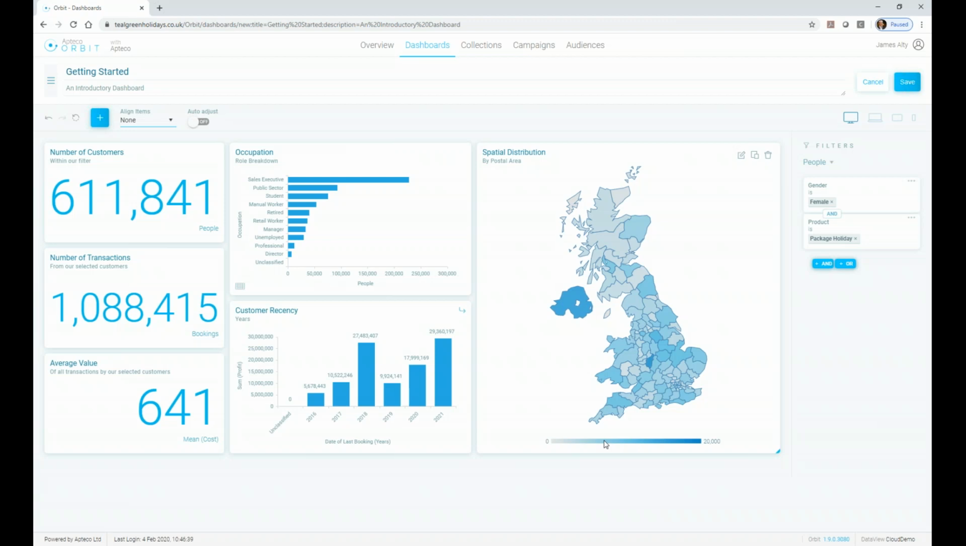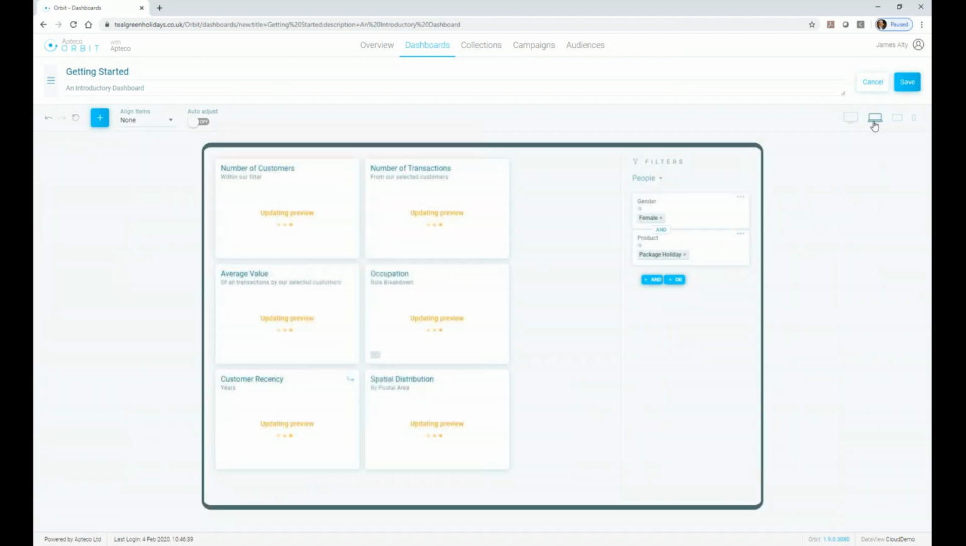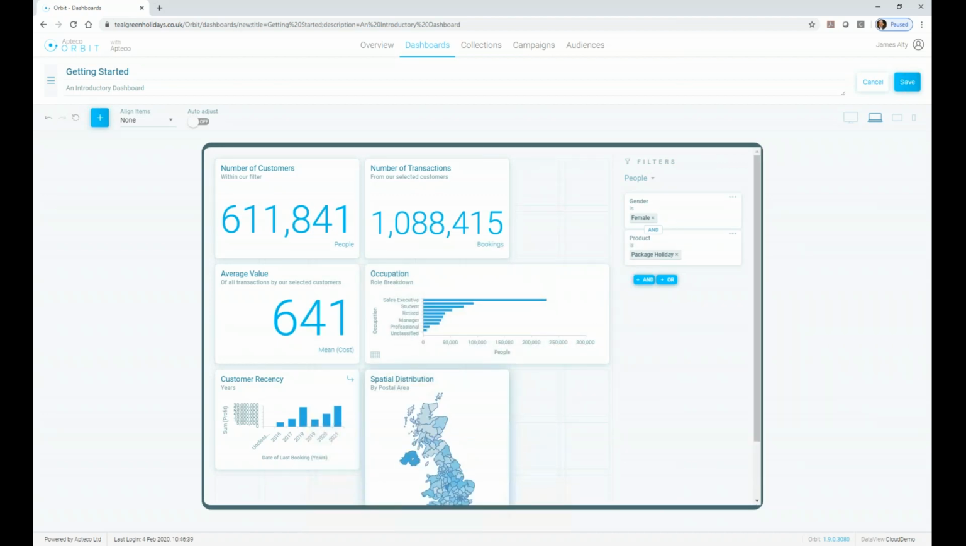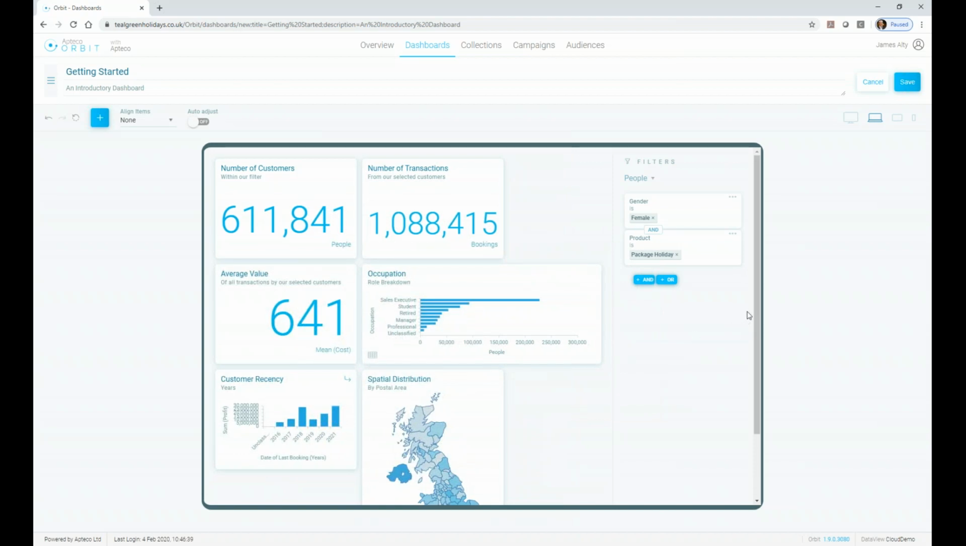But this is suitable for a desktop size display. I'm editing this on a desktop, but I have the choice of editing for different size displays. At the top right hand corner, I'm currently on a desktop setting. If I choose the laptop setting, you'll see we get a preview for a slightly smaller display size. If I wish to, I can resize any of these, for example, and make them bigger on and off the